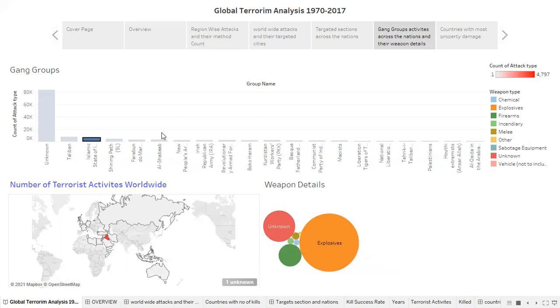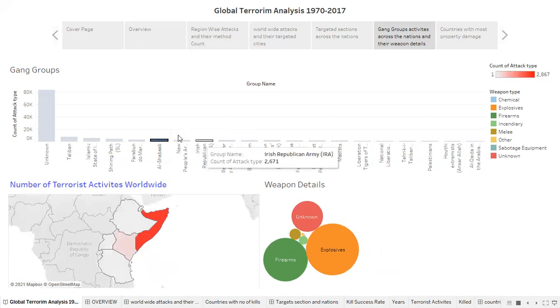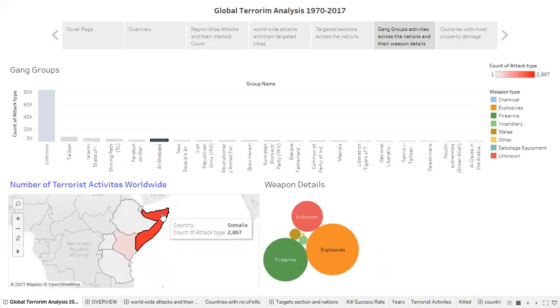You can even see Al Shabaab. They are also very much active in Somalia, Ethiopia, and Kenya. Mostly in Somalia and Kenya they are attacking.